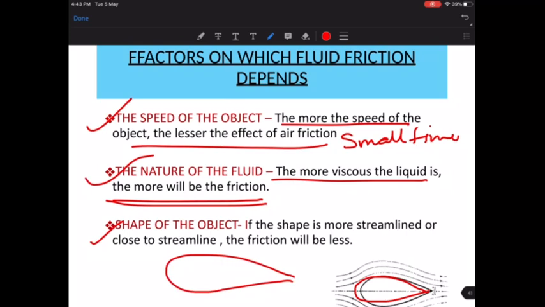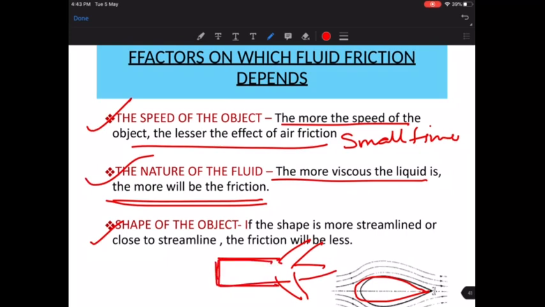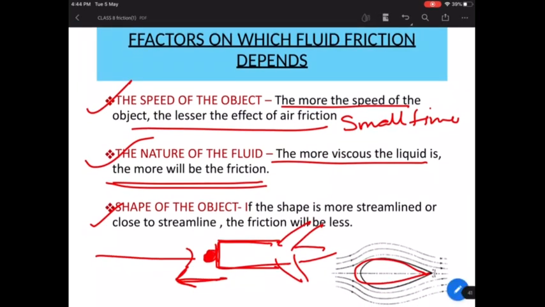Right? Suppose your shape is something like this. Let's say you have these wings here. Can you have a shape like a square or a rectangle? No. Why? Because all the air that is coming is going to be stagnant here. So more air touching the tip of the aircraft, or of any bird which is flying, will not allow it to move faster, because the friction is more. If the friction is more, then the movement will be less. Right? So this type of shape is called a streamline shape.